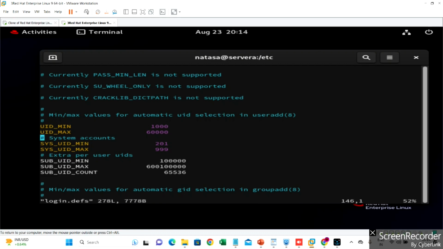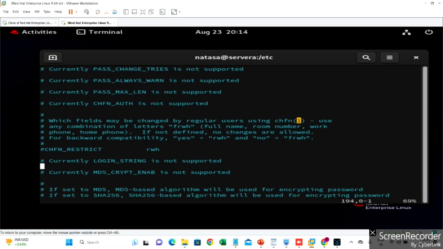Here you can see we have many sections, but we just want to define the